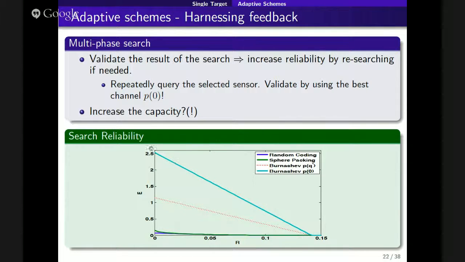And then what if you realize that you made a mistake? It's not there. So if it's not there, I restart everything. And again, as long as this happens with small probability, if you think of the average rate, your rate will be the rate of the non-adaptive scheme divided by 1 minus the probability of repetition.